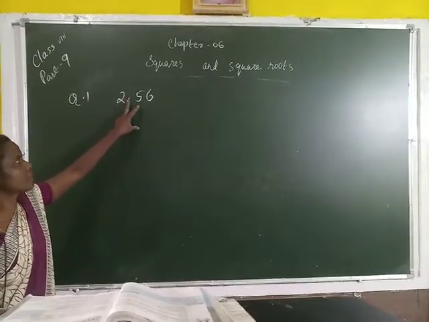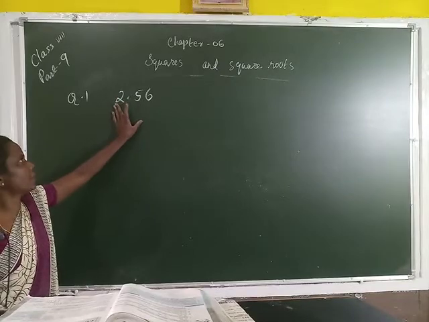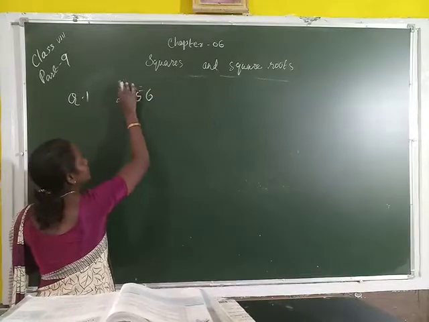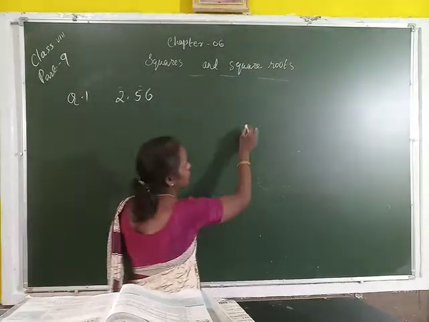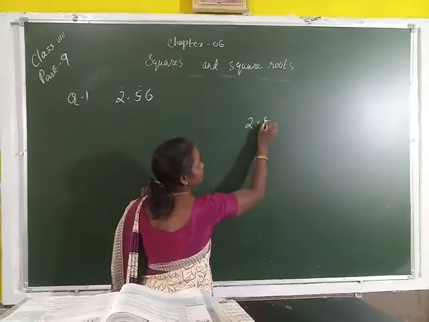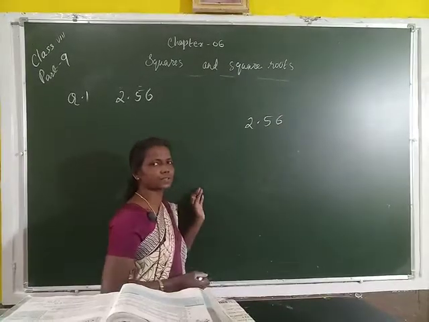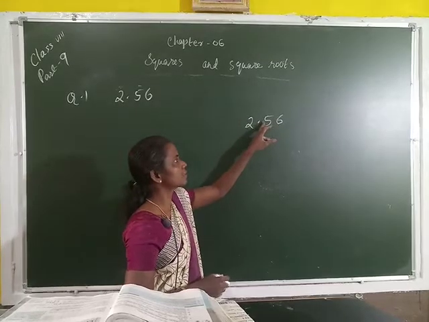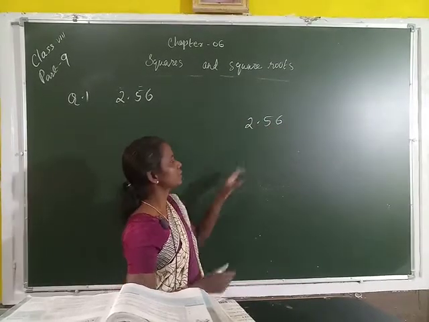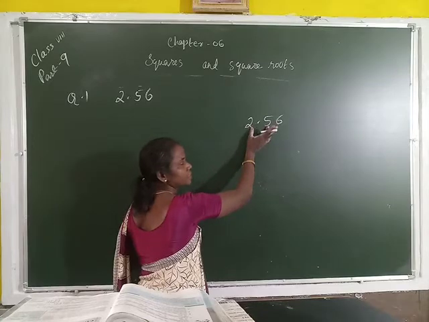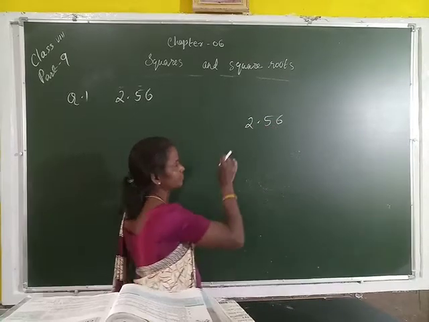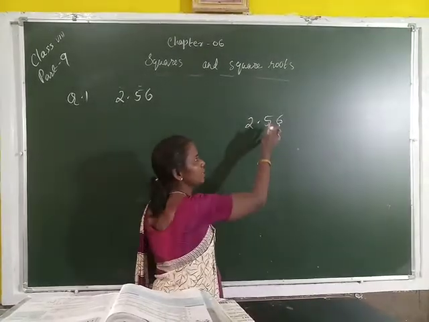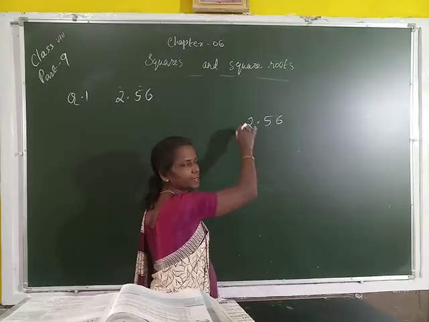This decimal number has two parts: one is the integral part, or whole number part, and the other is the decimal part. Then you can write 2.56. This is the integral part, meaning the whole number, and this is the decimal part. The number has two parts, before this point and after this point. This is the decimal part and this is the integral part.